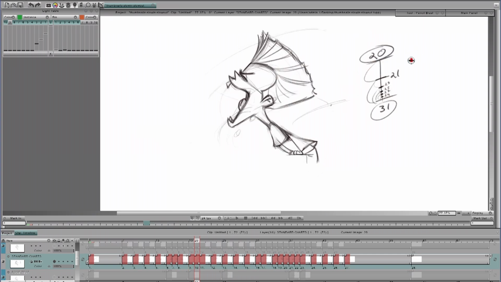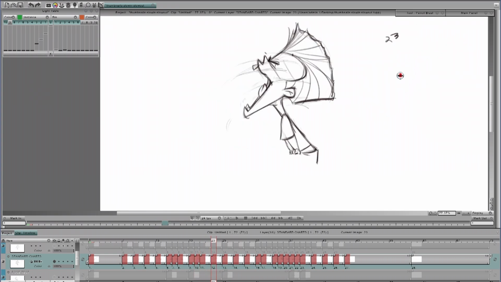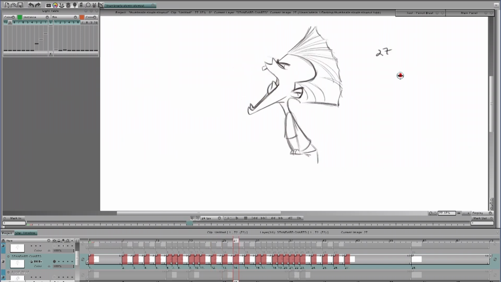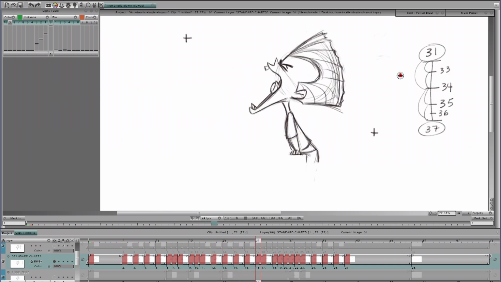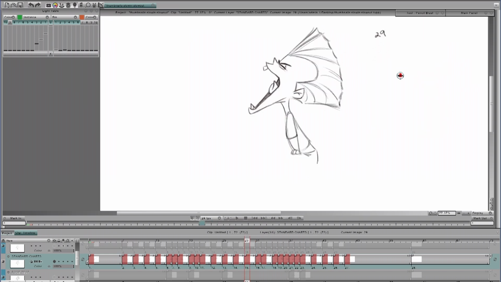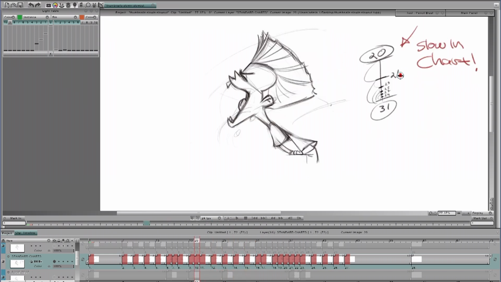And then to make it perfectly clear, I put another chart on 20 to 31. You look at this chart, I hope you can see here, that is a slow in chart. Right there, you can tell by the placement of the dashes and, more important, the loops that I put in. So now there's 21, 23, 25, 27, 29, 31. And what I'll do here is I'm going to put on the onion skin so you can see